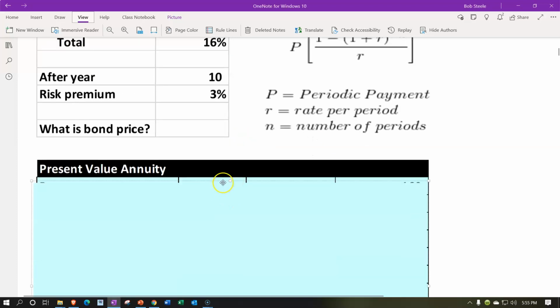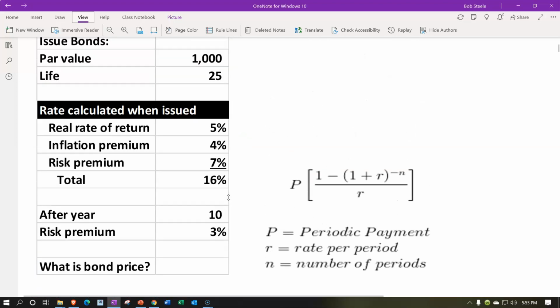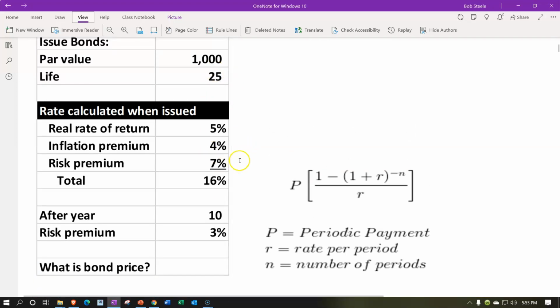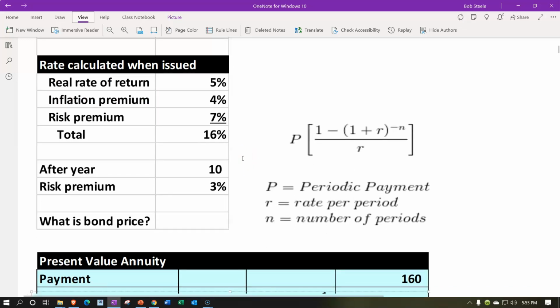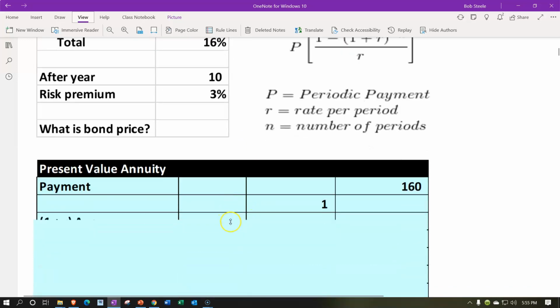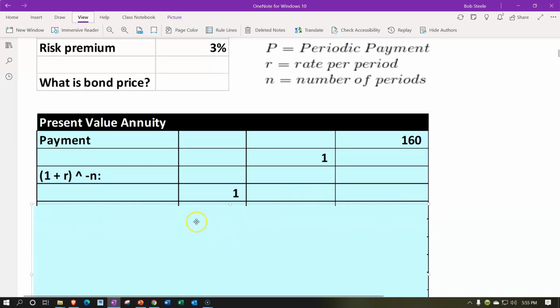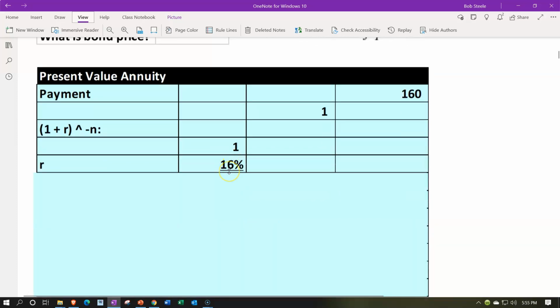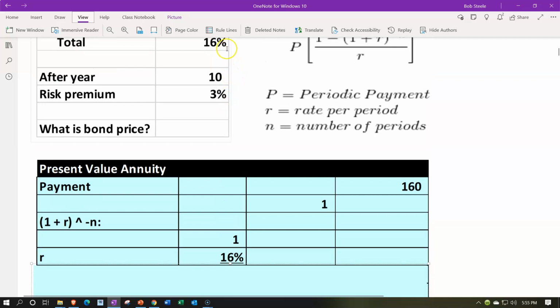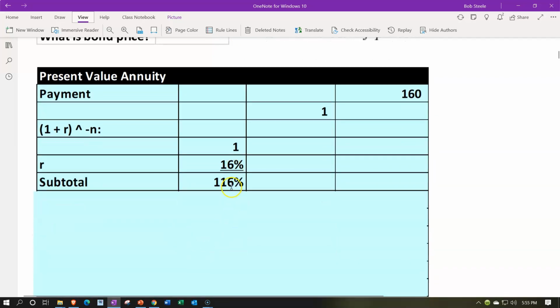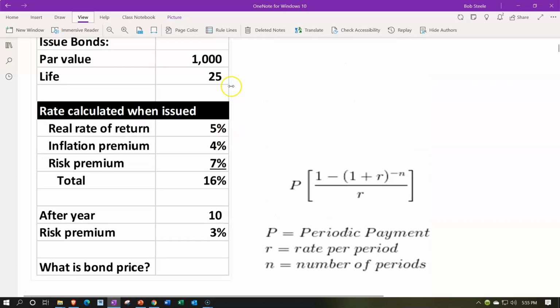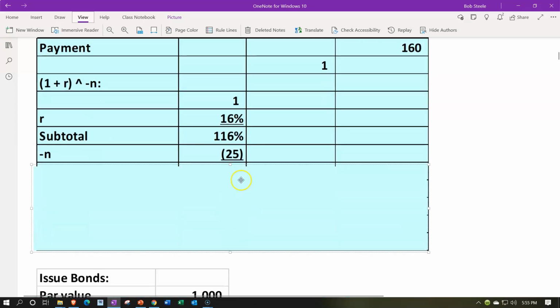Let's plug that into our table down below. We're going to pick up the 1,000 times the 16%, which would be the annuity payments that would be paid, in this case, on an annual basis, the 160. Then we have the numerator 1 minus, we're going to pull in the other to the inside, 1 plus r to the negative n, r being 16%, representing the market rate now. Adding those together gives us the 116% or 1.16 to the power of the number of periods, which in this case is 25, in this case years, so we're paying yearly, and it's the negative 25, so 1.16 to the negative 25 gives us that